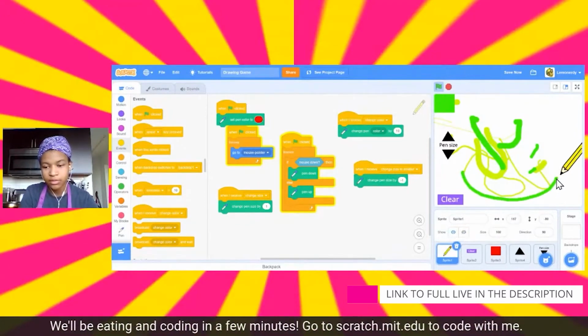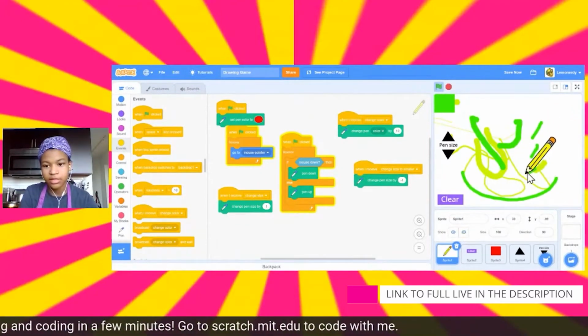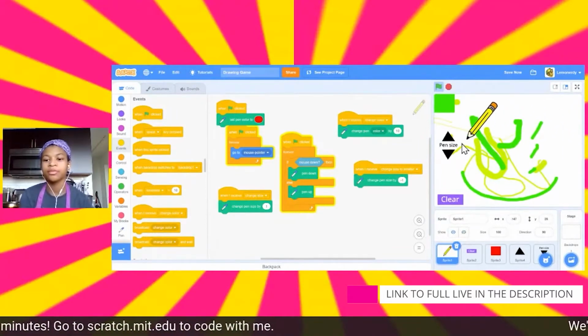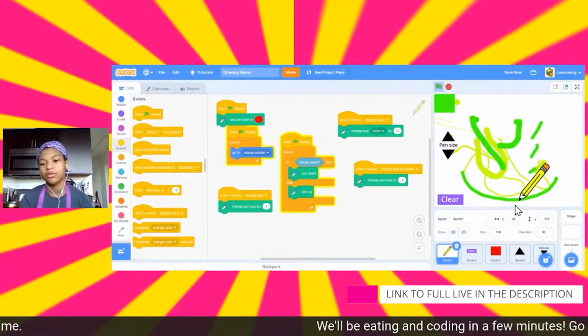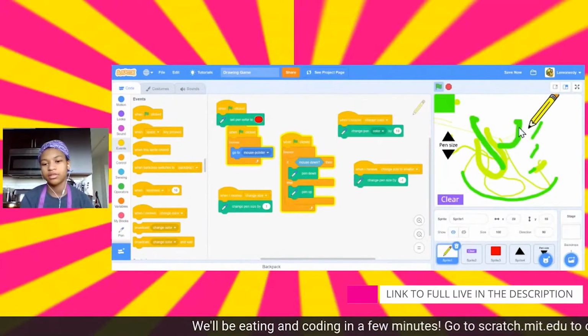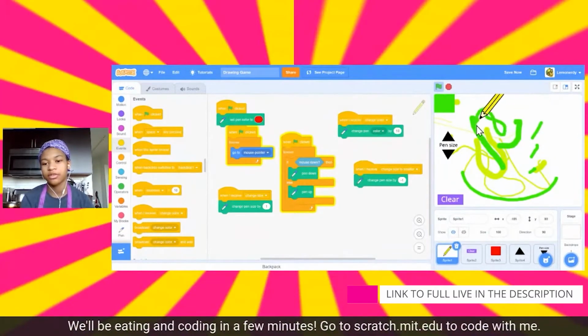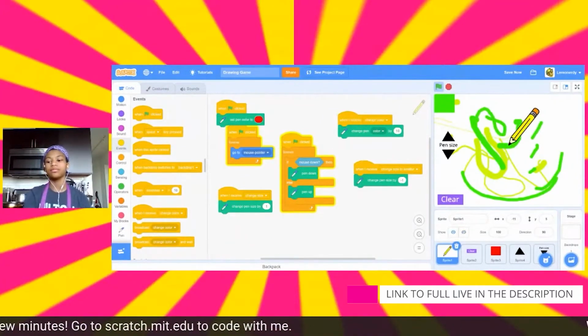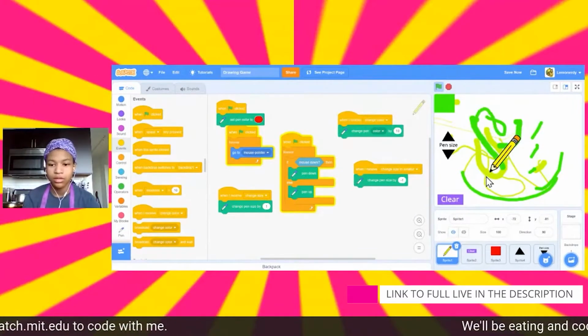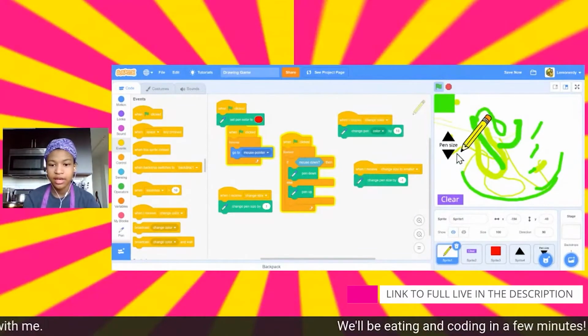And sometimes when the thing is following me, it thinks that I'm trying to move the sprite, but it won't be like that in player mode, because in player mode you can't actually move the sprite. You can't move it yourself. It'll just follow your mouse all the time. So now we have it changing the size and the color,